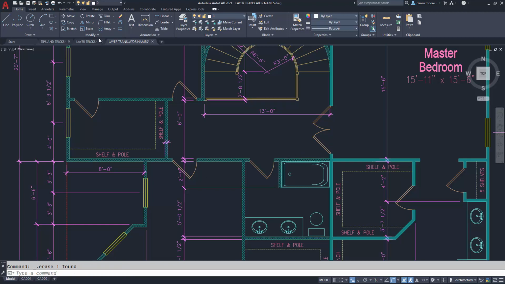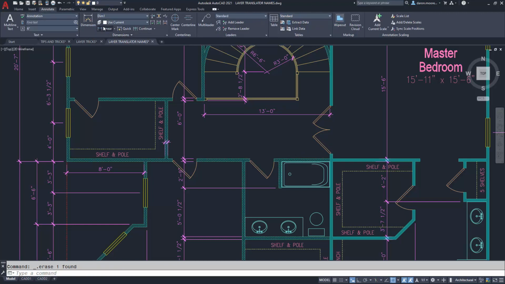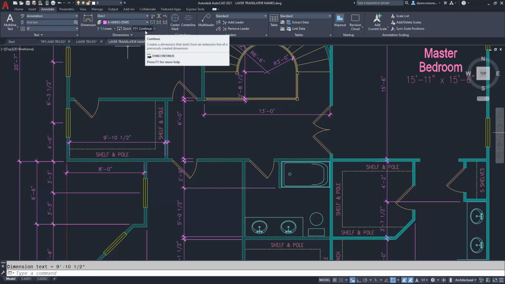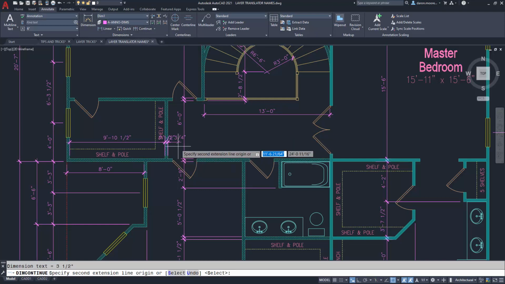I'll go to the annotate tab. I'm going to use my linear tool. I'll go one left click, two left click, three left click. It just made a liar out of me. Oh, so this is drawing specific. Let's delete that, and I'll try again. I don't want to use the current layer. I'll use ANODIMS, and then one left click, two left click, three left click. There's my first dimension. Now I'll use continue, one of my favorite dimension tools,